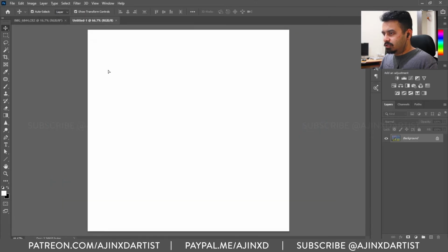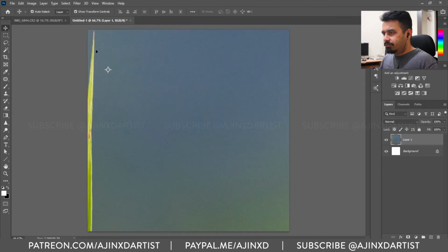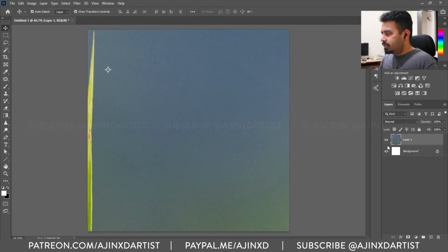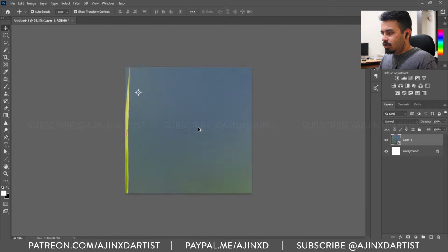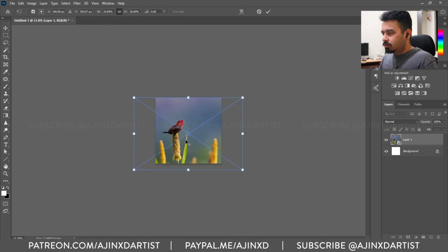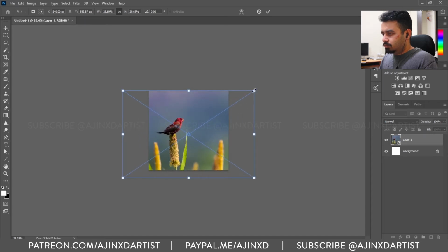Anyways, dragging this image into the new document that we created, we don't need the original image now. Right click the image. Now I think you won't be able to see this right click menu. So what I'm doing is right clicking the image and converting it to a smart object. Now we zoom out a bit and scale down the image as we want the frame to be.